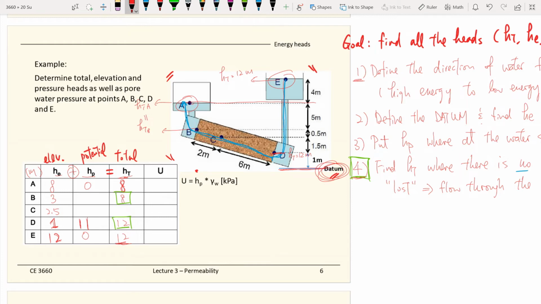So once we know the total head and also we know the elevation head, then we can find out the potential head, which is the total head minus the elevation. So this is 5 meters. Okay, now we get to the most difficult part, which is we deal with the locations within the soil body. Which brings us to procedure number 5,